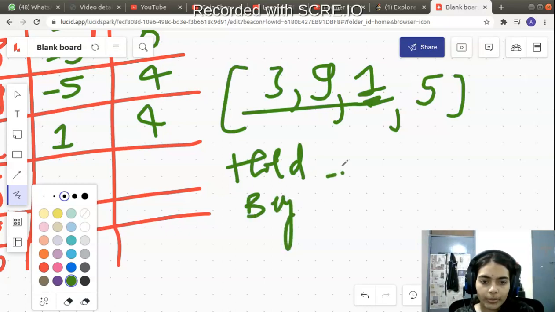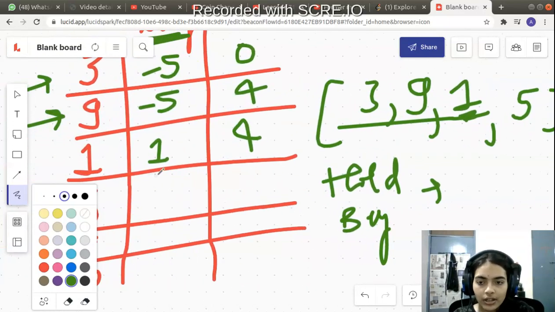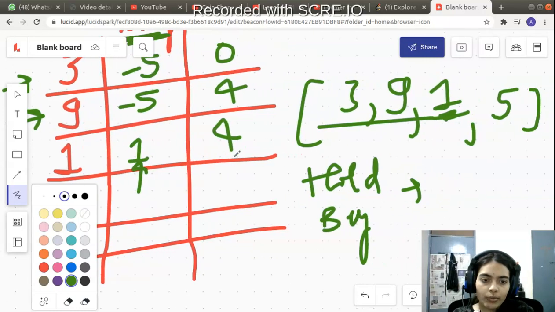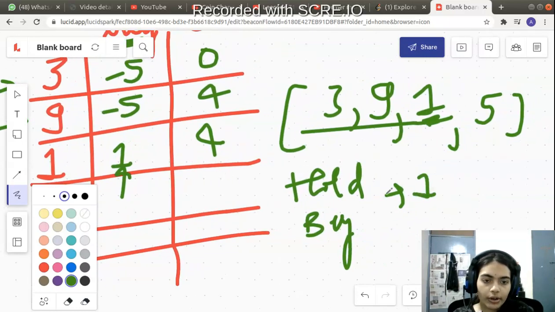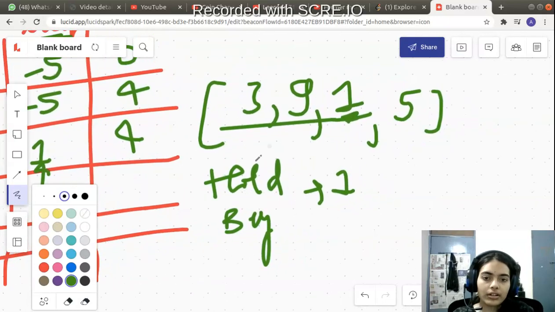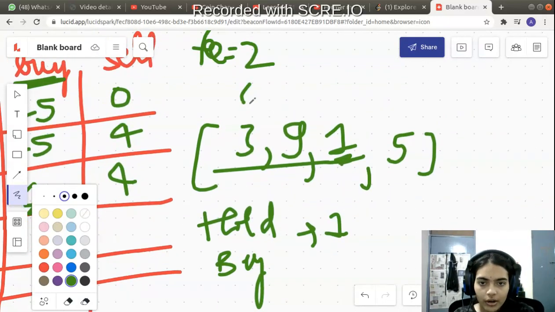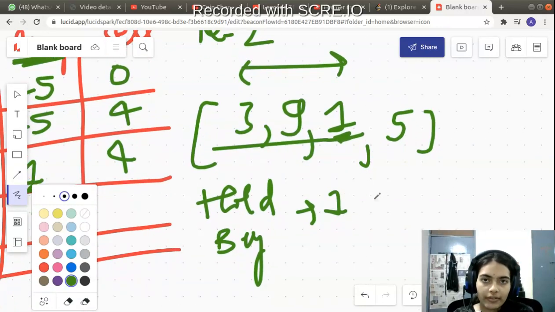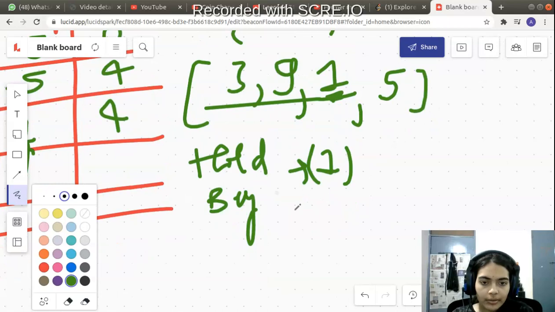So now if you hold the stock from before, then what are you doing? You are just seeing the data table from the previous row, in the column just above. So you are at position 1, which means you are holding the stock of the previous state. So in the past 3 days, whatever you did, if you are left with one stock in hand, and you are holding that stock, then you will be at a total profit of 1.